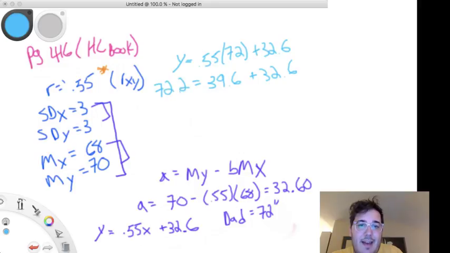So for a dad of given height 72, and this is how you should try to frame your conclusions in a regression question. For a dad with height,